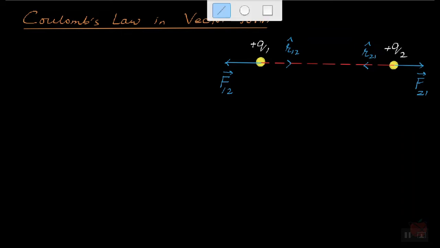And the distance between the two charges is R, that is, from that point to that point is R. So by Coulomb's law,